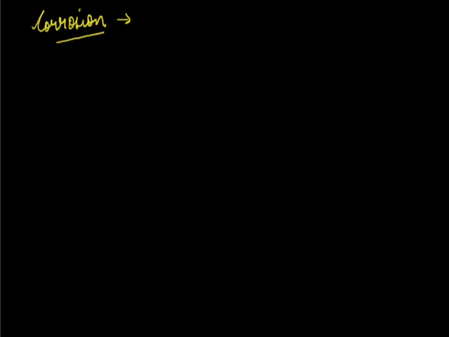So you can say corrosion is a process of deterioration of a metal. It is the process by which a metal gets corroded. So, if I have to define corrosion, I'll say it is a process